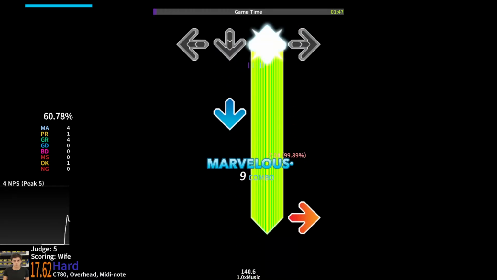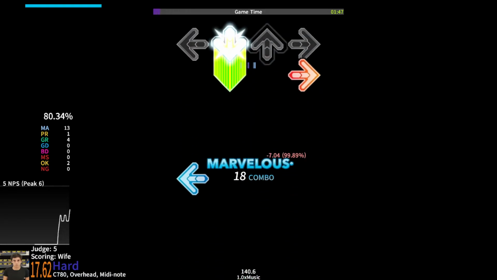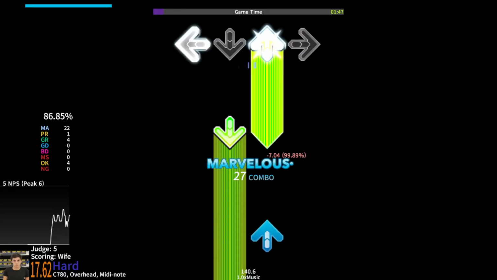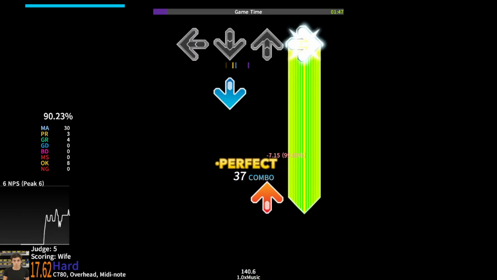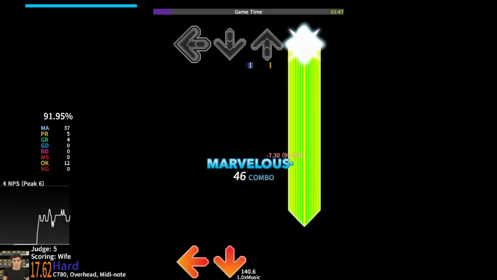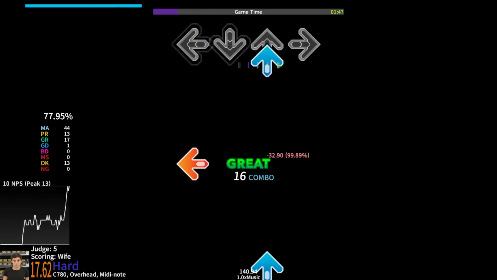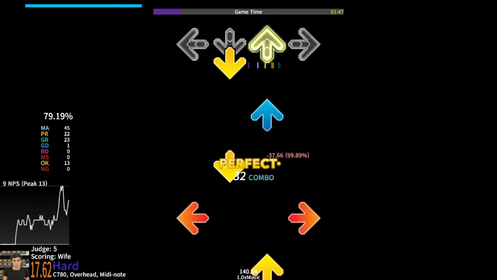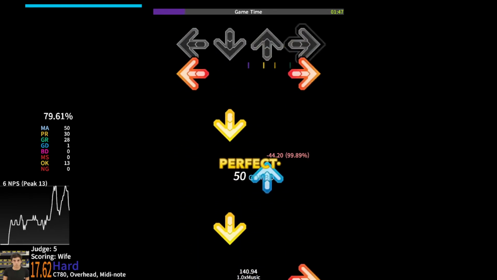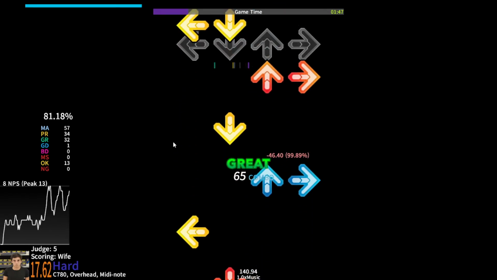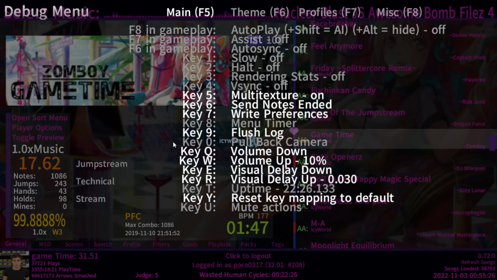for me is slightly early. But if I hit perfectly on the arrow, you can see that the offsets that I'm getting are late. So that's what it's doing. Visual delay is actually moving the judge line of the notes. So if I make this huge number,